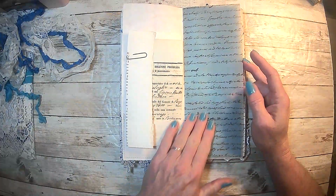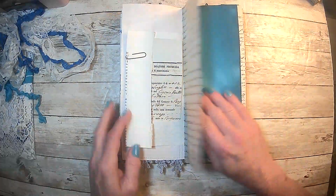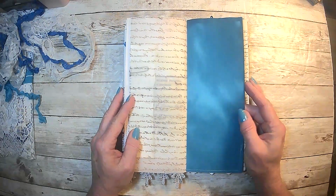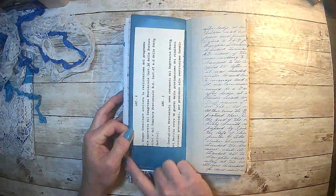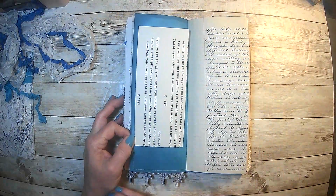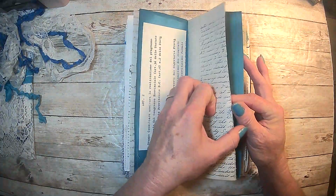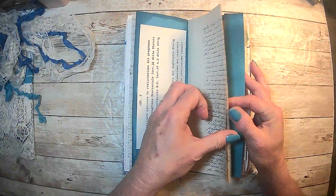This is where I printed one of my antique documents on vellum. And then this beautiful dyed paper I thought went perfect with this journal. And sewed that into a pocket in another piece of antique ephemera. And then this, I believe, was...